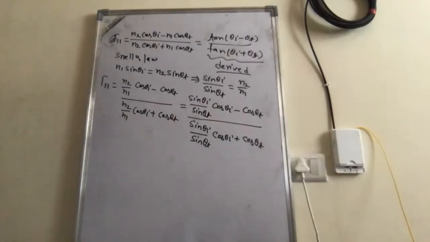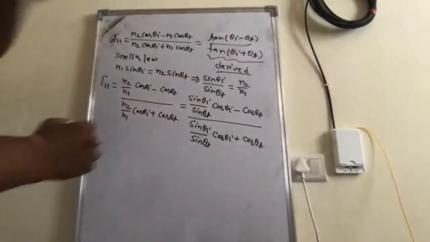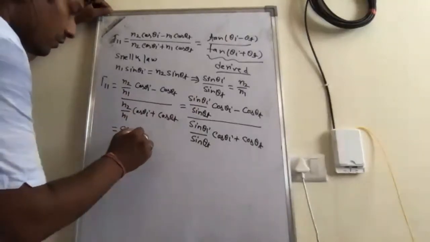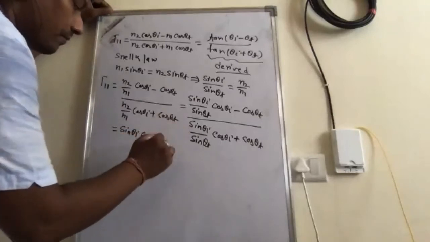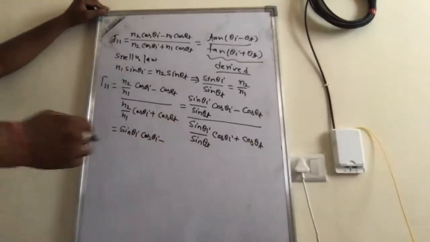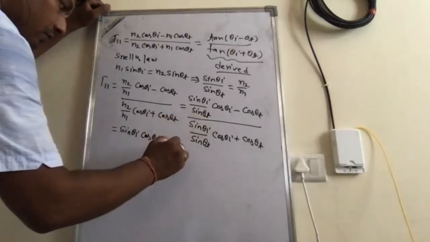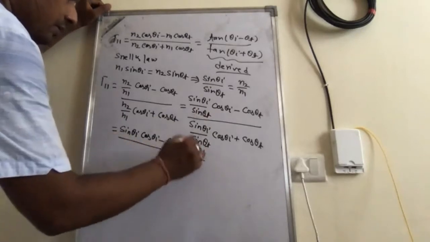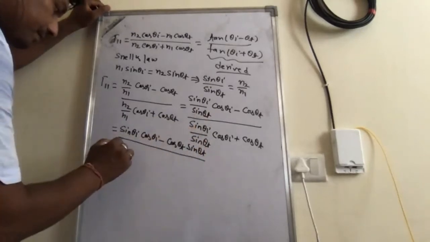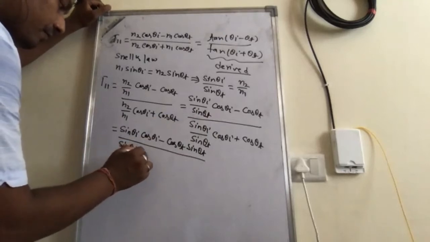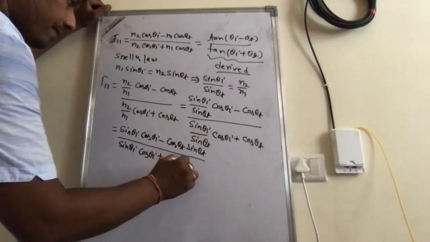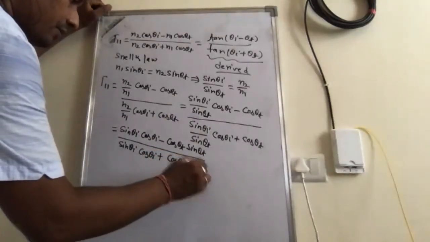This is equal to sin theta I cos theta I minus cos theta t sin theta t divided by sin theta I cos theta I plus cos theta t sin theta t. Okay,